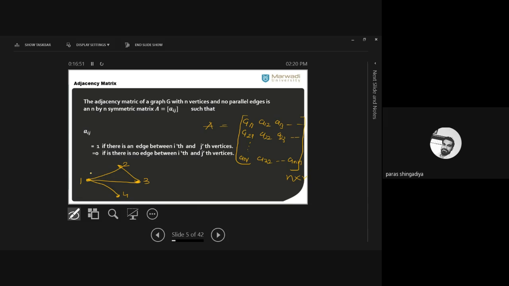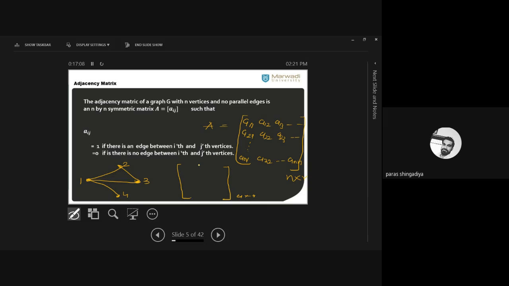So how many vertices are in the graph? 4 vertices. तो इसका order क्या होगा? That is 4 by 4. Okay? Means आपको 4 रो यहाँ पे consider करनी है, 4 column होंगे, ठीक है? That is, the order will be 4 by 4. Clear? And now the first entry indicates A11.